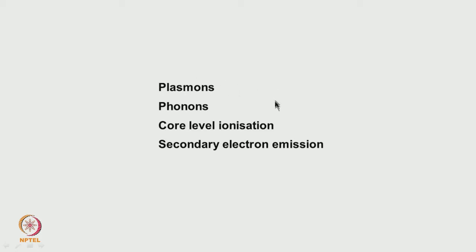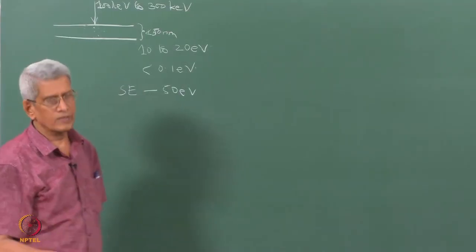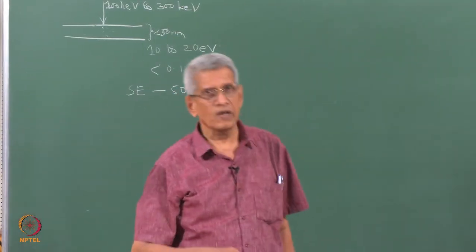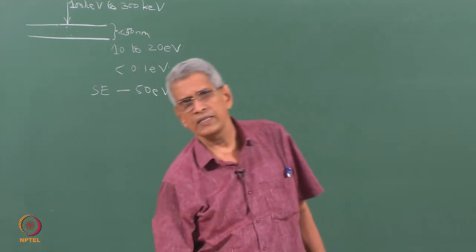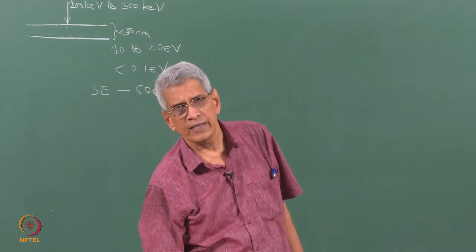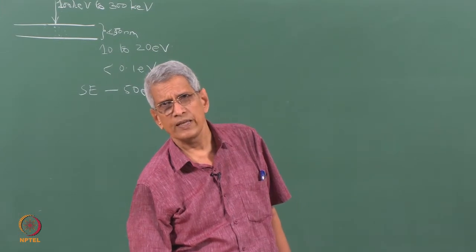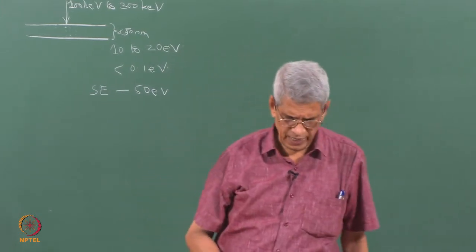What will be the consequence of this sort of interaction? Immediately one can make out that when the electrons come out, we have some electrons which have not lost any energy, and some electrons which have lost some energy. Because of that, there is a variation in the energy of the electrons, and consequently a variation in the wavelength of the electrons.